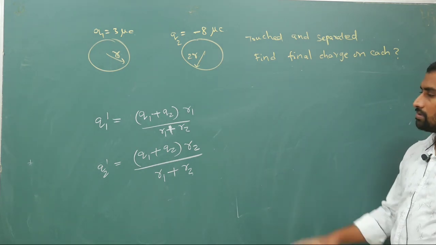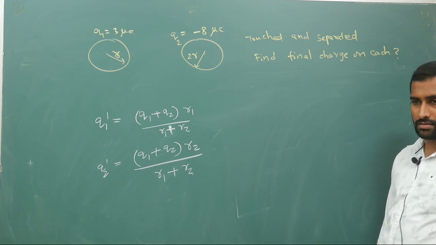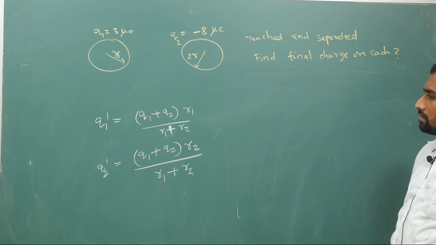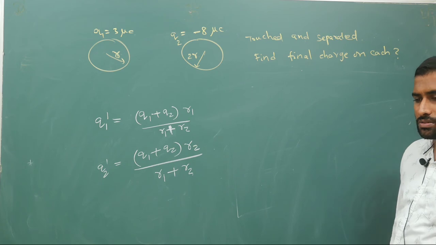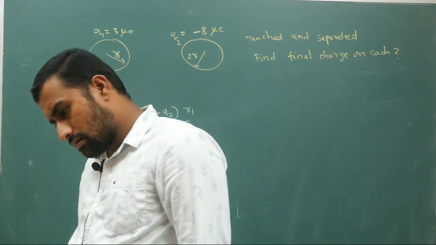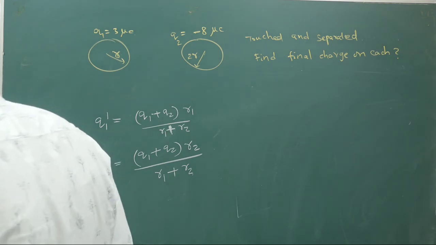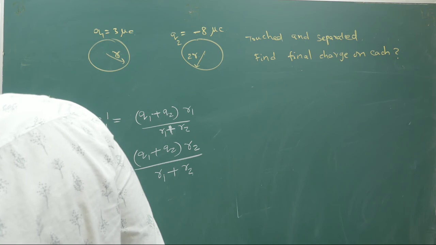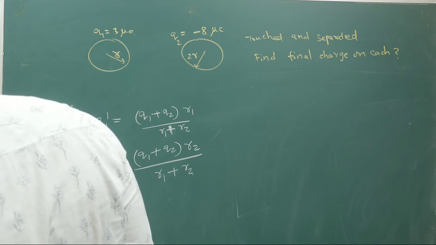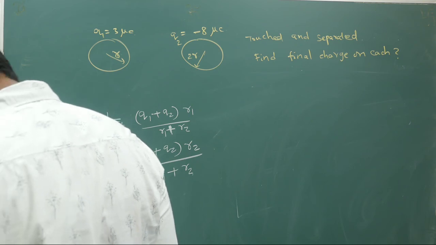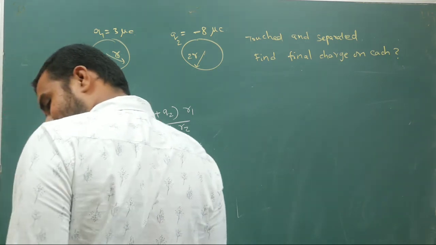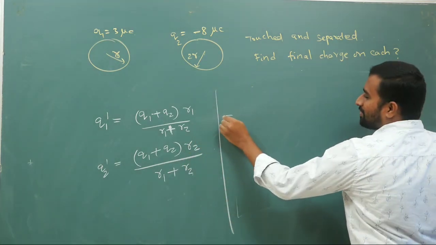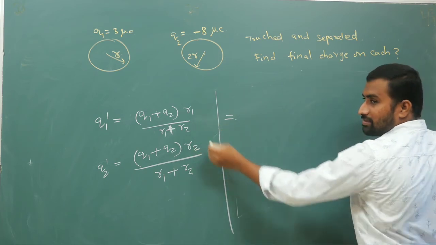Chanakya, look, is it the same relation? Q1 is with R2, Q2 with R1? No, I don't think so. Check it. Q1 dash is Q2 dash times R1 by R2. It is into R2. Q2 dash, going to the numerator side, becomes R2. Right? So according to that logic it is, don't get confused with the formula.